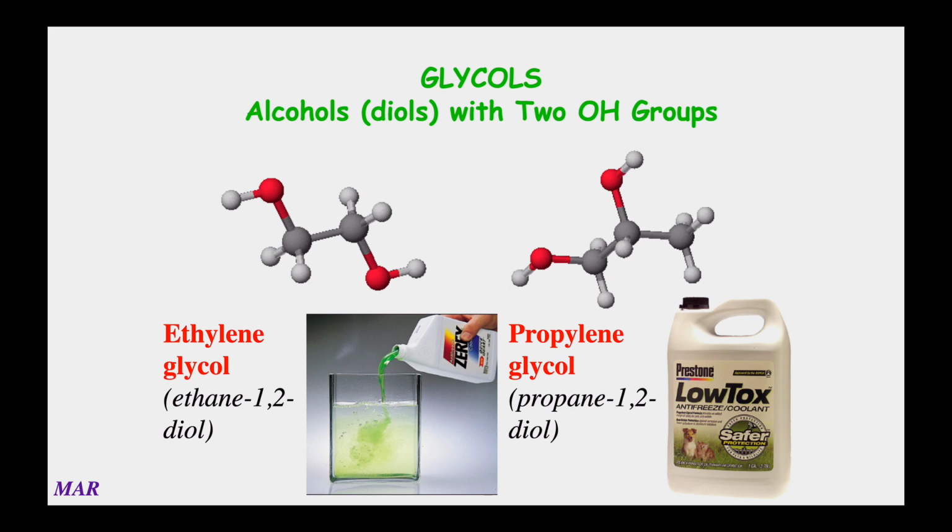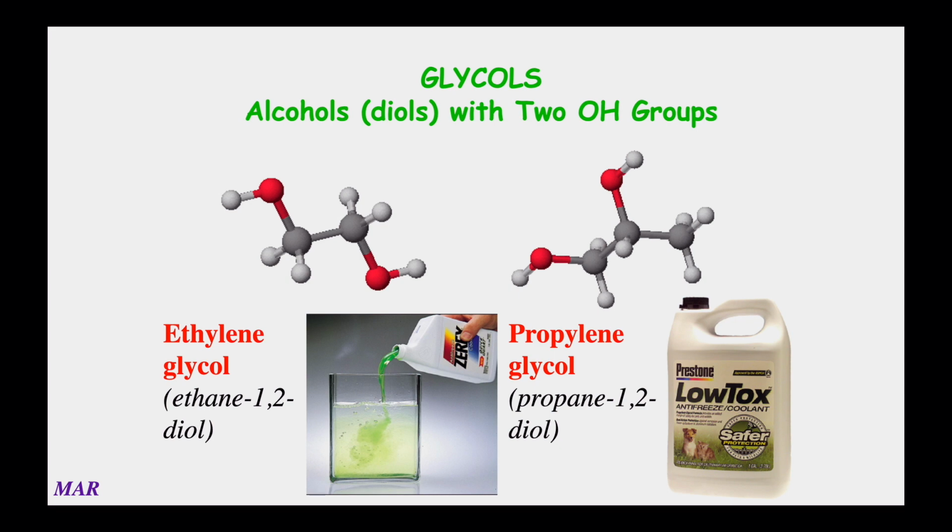A glycol is a diol. It's an alcohol with 2 OH groups on it. And these are actually somewhat common. So ethylene glycol and propylene glycol are sometimes used as a type of antifreeze in a car and stuff like that. They are both examples of diols. Ethylene glycol is the unofficial name for what's an ethane with OHs off both the first and the second carbons. So ethane-1,2-diol would be the official name of this compound, but ethylene glycol is what almost everybody calls it.